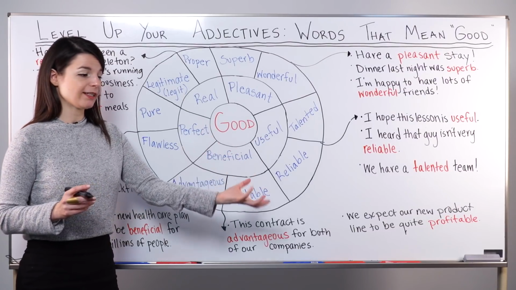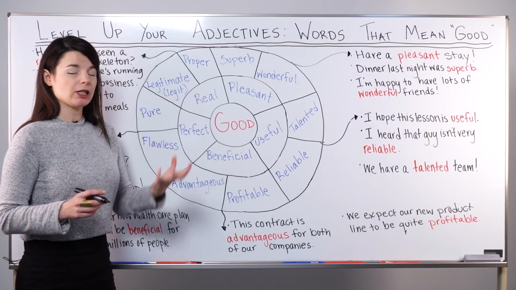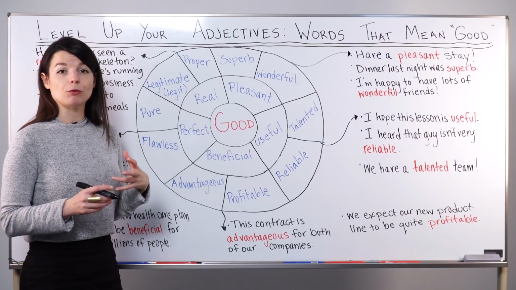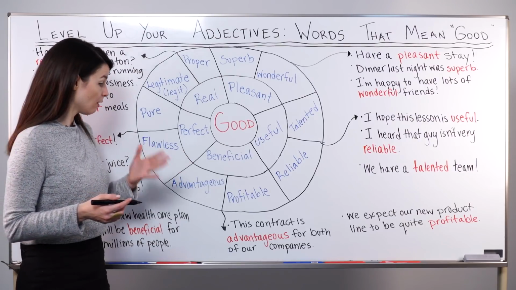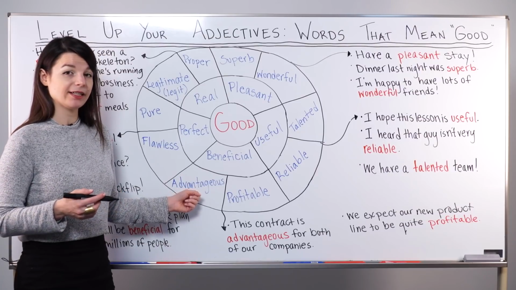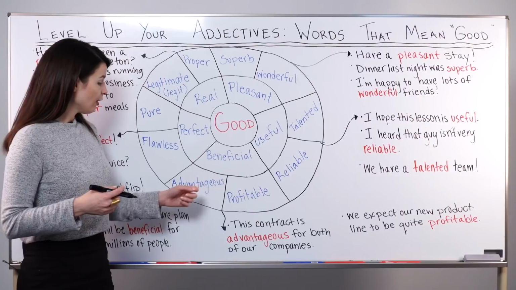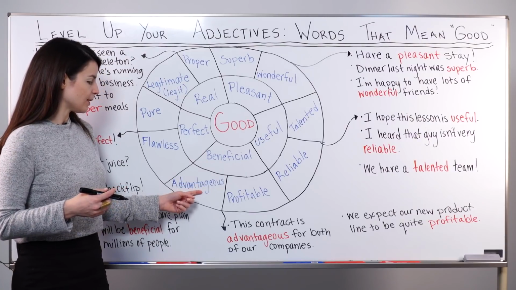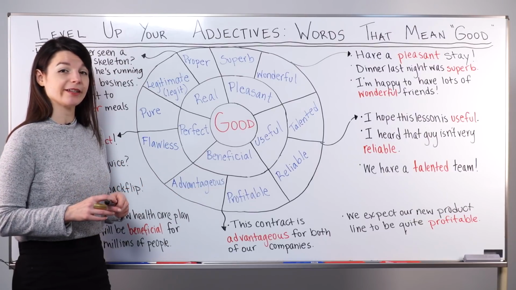So it's like we receive something good. We get a benefit. When we want to express this in the adjective form, we call something beneficial. The other two words here are advantageous and profitable. The first word here, advantageous, is kind of interesting because the pronunciation changes a little bit.